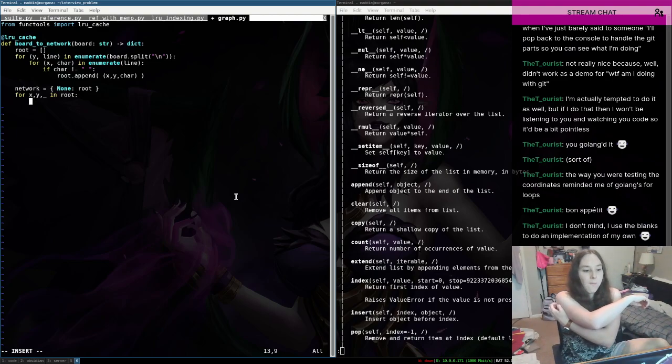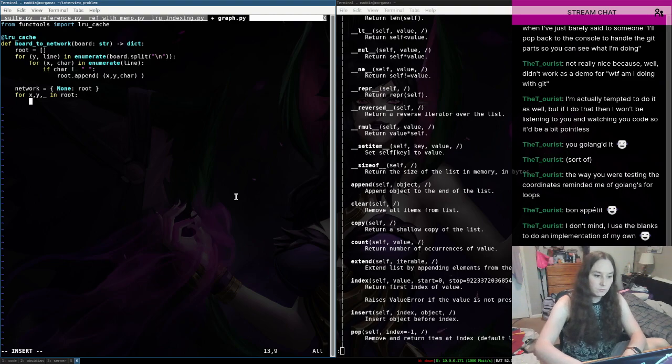Okay. So network XY is going to be a list comprehension. Item for item in root